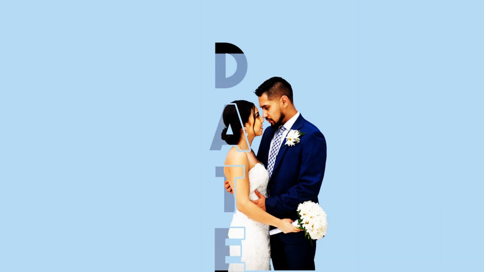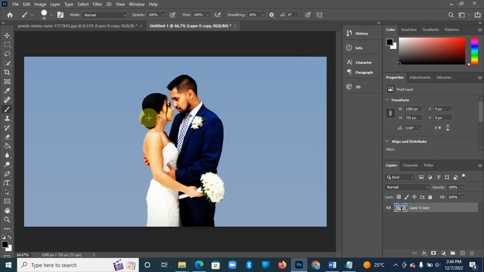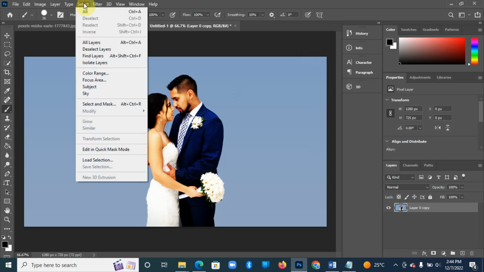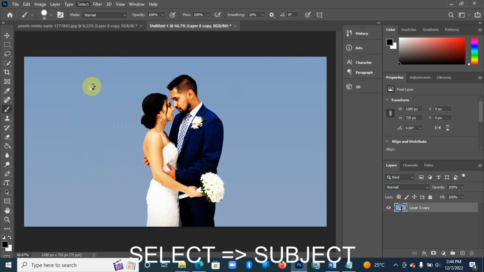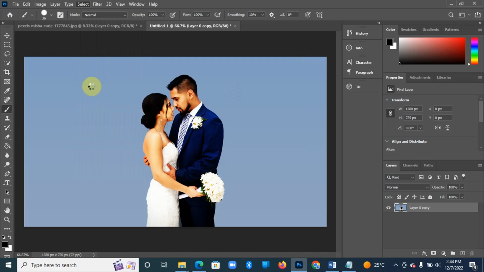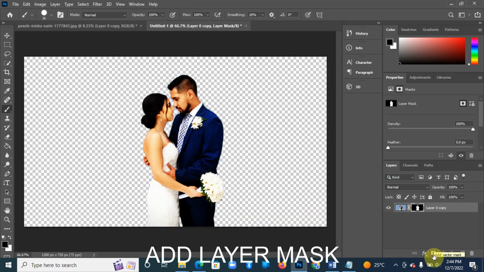Today you're going to add text effect on an image. Once you've loaded your image, you're going to come to select subject, then instead of deleting the background, you're going to come over to layer, add a layer mask that way, and